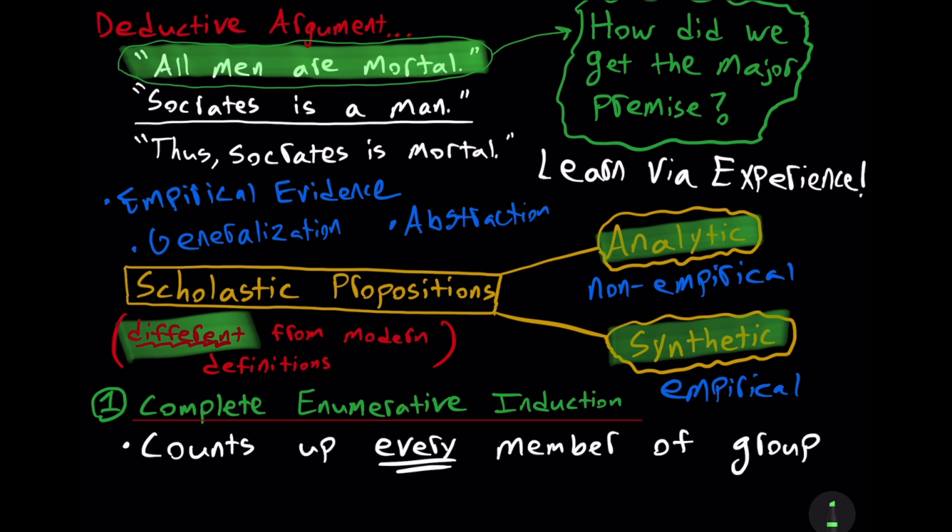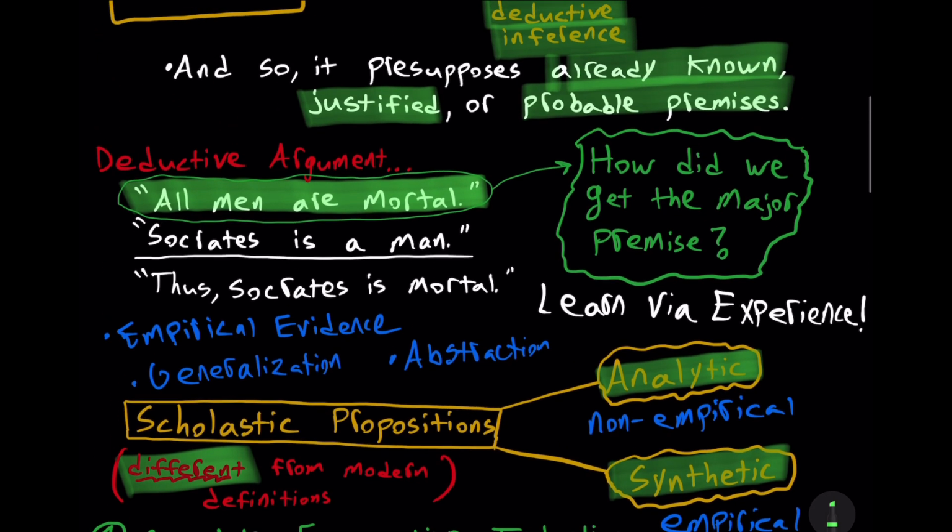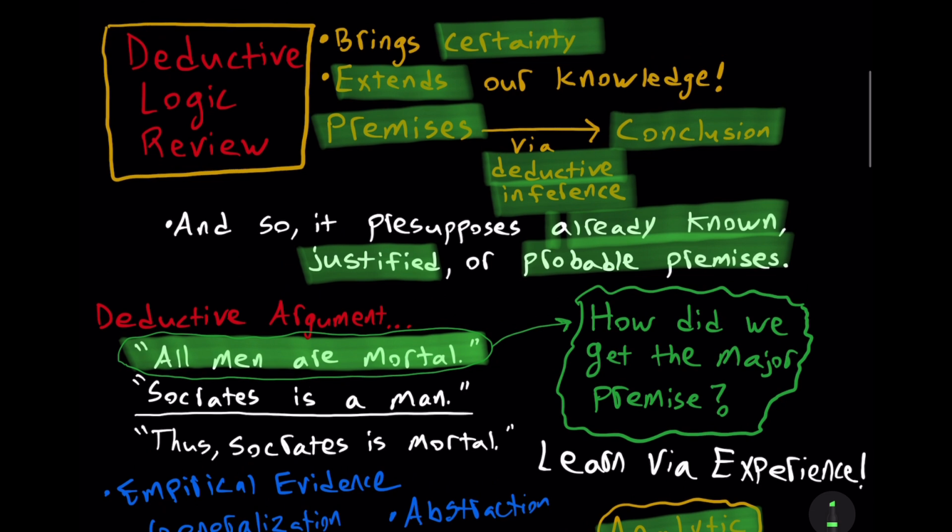How do we know the temperature water boils at, for example? There's no way to deduce that without empirical evidence. That is, without learning from experience. This is why induction is really so important. Deduction is important, but it relies on inductive logic in the sense that it presupposes that we already know some good premises, and most of those premises come from induction.